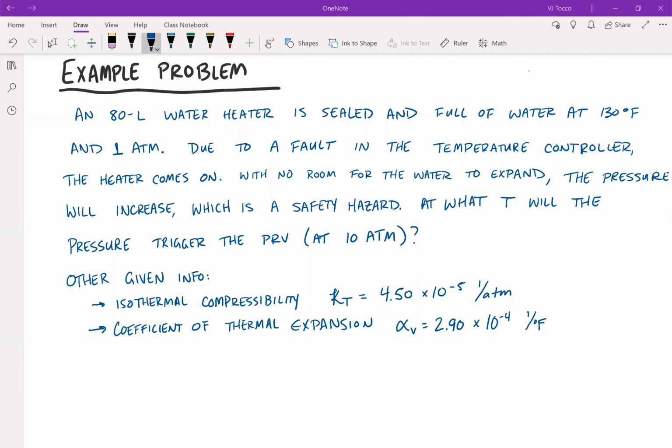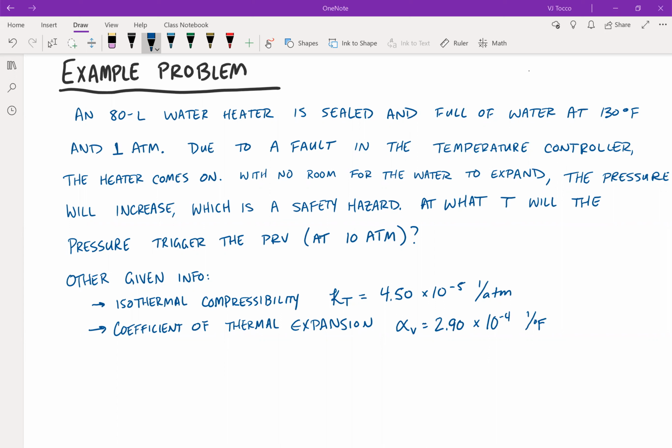Let's try to apply the fundamental property relationships in the Maxwell equations to an example problem. So this one deals with an 80-liter water heater that is sealed and full of water that is 130 Fahrenheit and 1 atmosphere. And say there's a safety hazard that breaks out, the temperature controller stops working. There's no room for the water to expand, and therefore if you start heating the water, the pressure is going